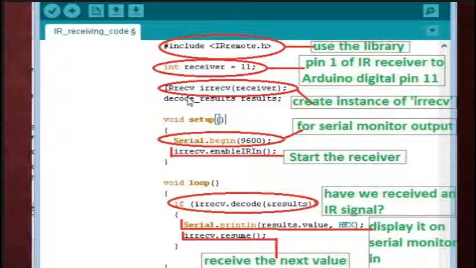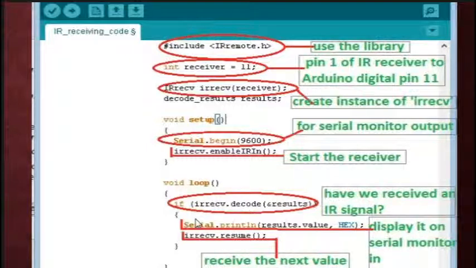Then I am creating an instance of IRrecv, and then I am beginning a baud rate, that is for serial monitor output, as I have to transmit data from Arduino to a computer. So I am beginning a serial data transfer with a baud rate of 9600, and then I am enabling the receiver, that is irrecv.enableIRIn. This is to start the receiver.